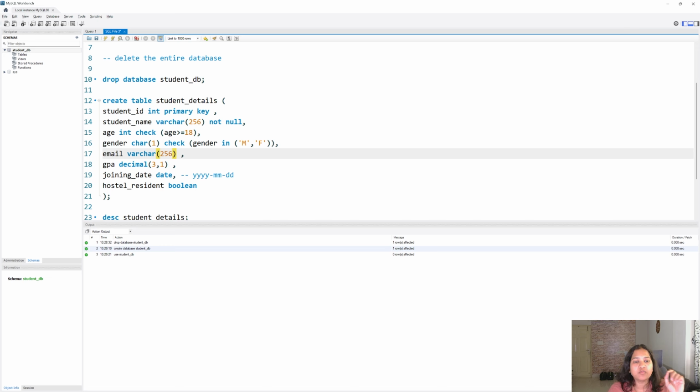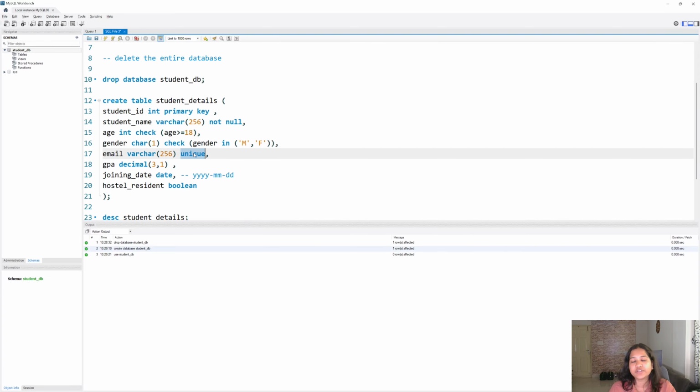And then you have the email ID. For this, one more constraint is called the unique constraint. The unique constraint tells you that no two people should have the same email ID. Now you will ask me what is the difference between primary key and unique. Primary key will not let duplicates. Unique also will not let duplicates, which is fine. But unique will let you have null values. A student may have an email ID, may not have an email ID, which is completely fine. So we will use unique because it will let you use null values, but it will not let you have duplicates.